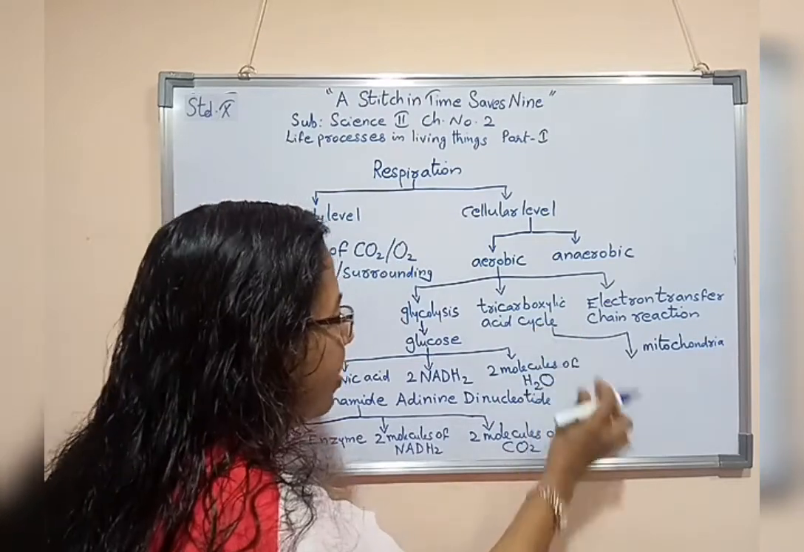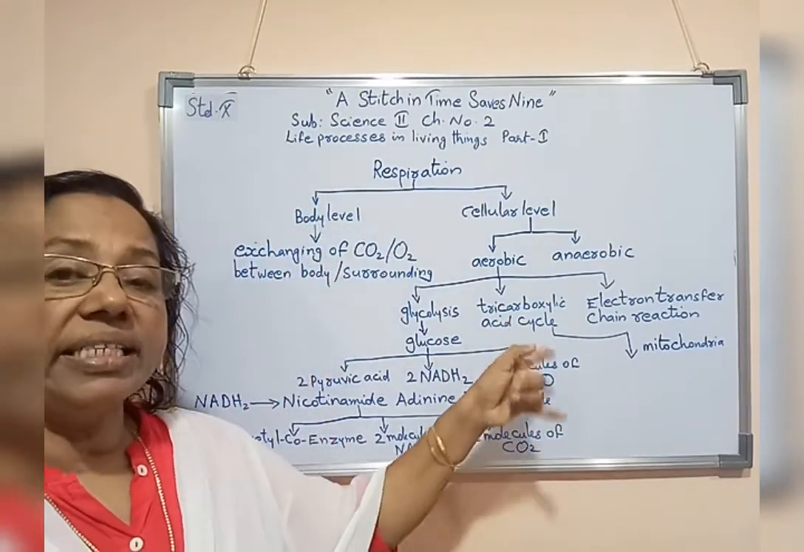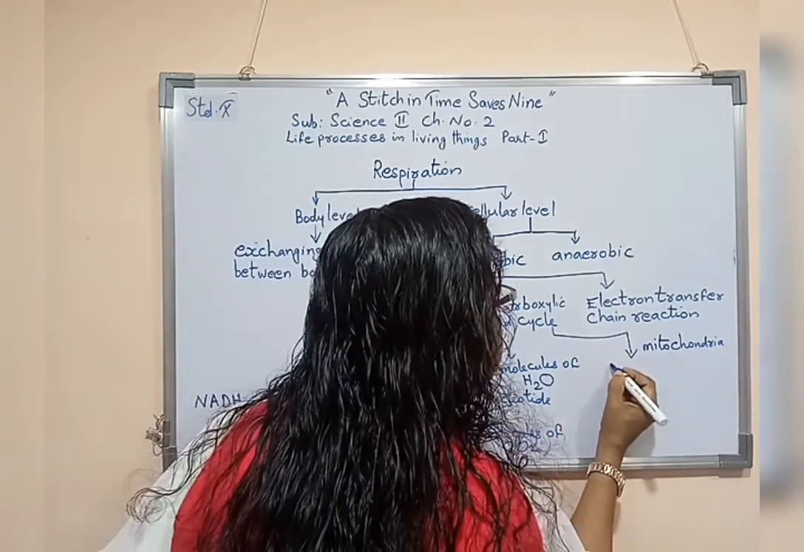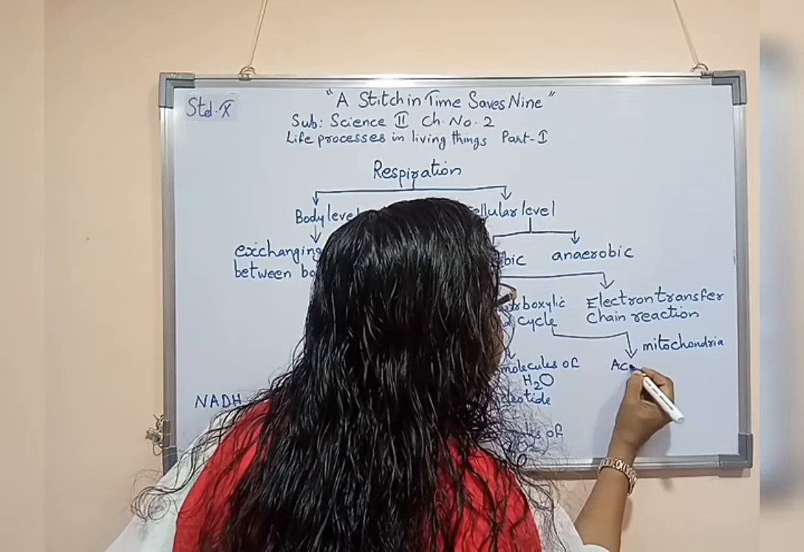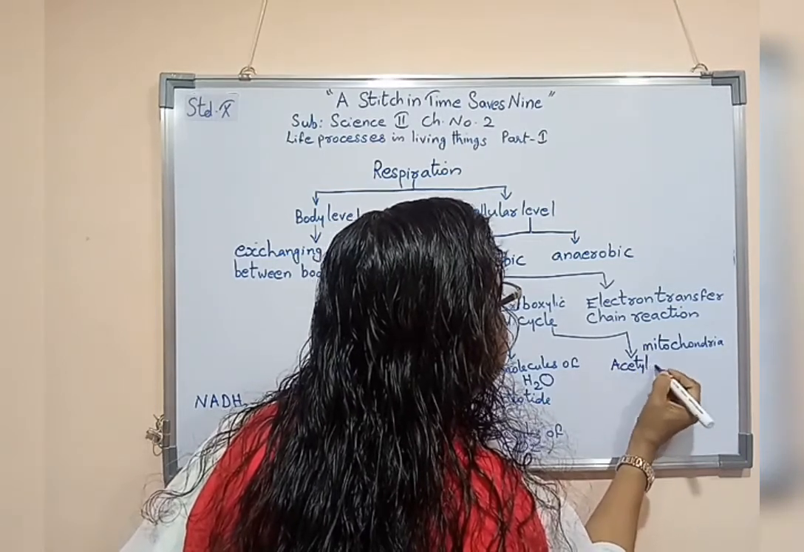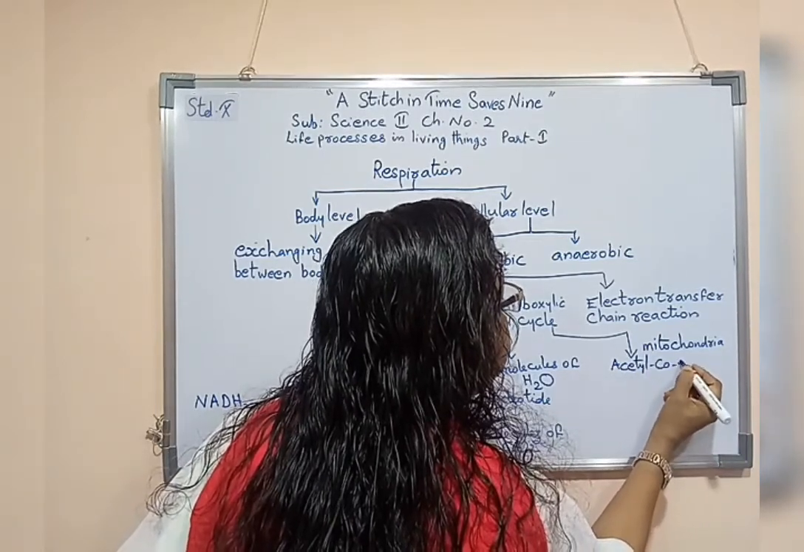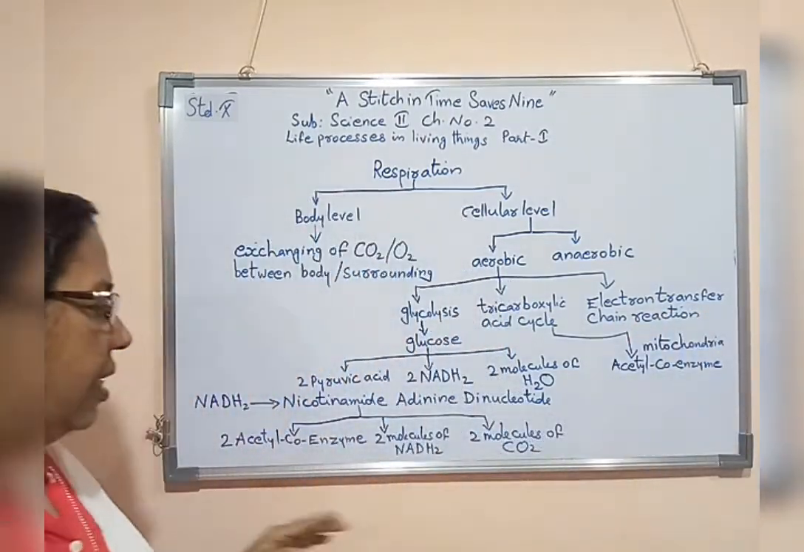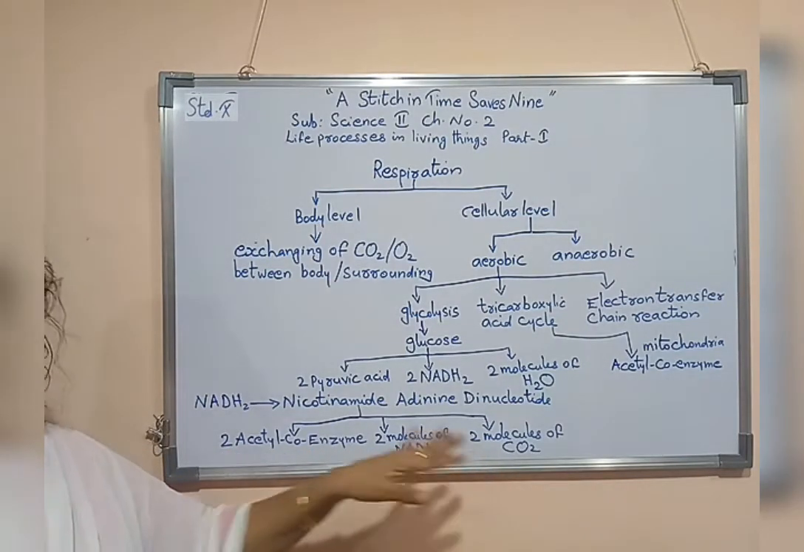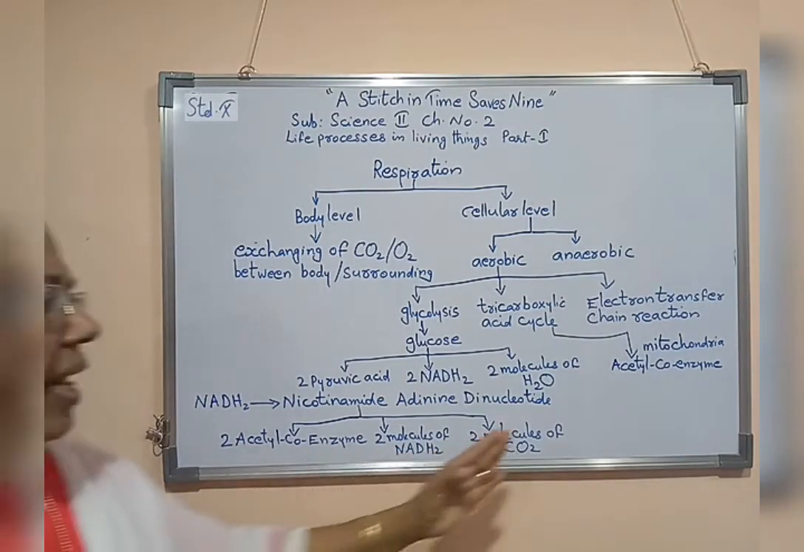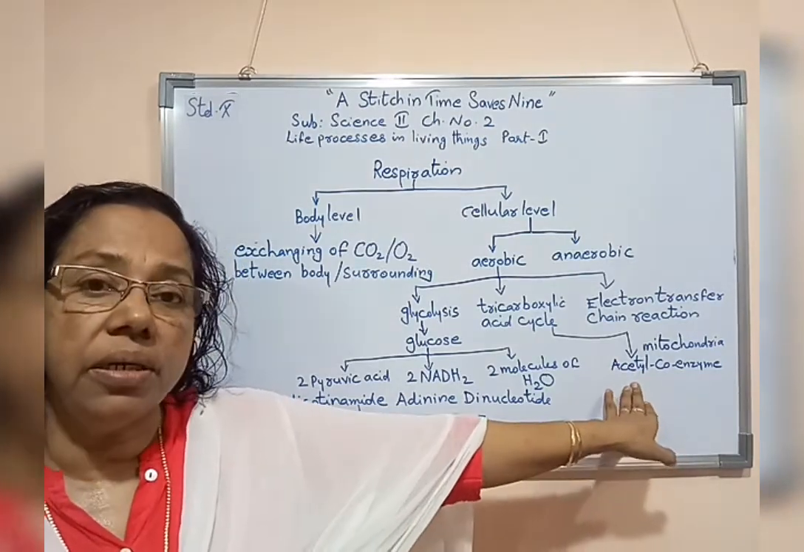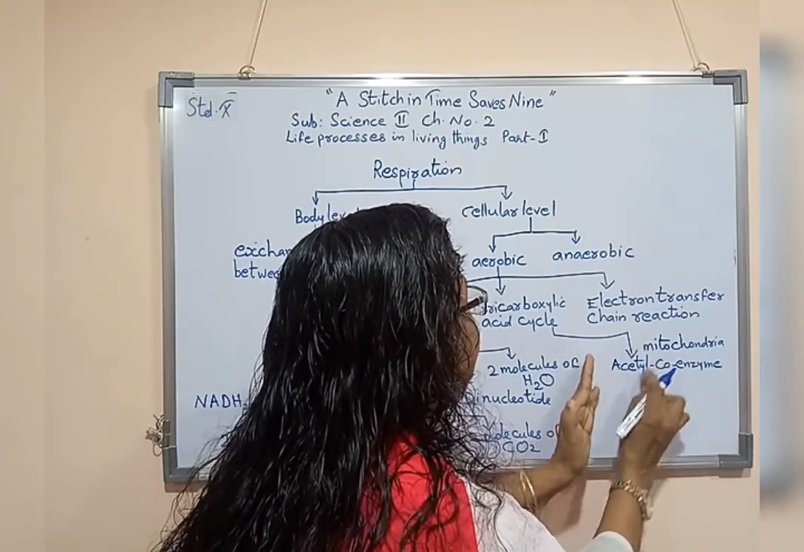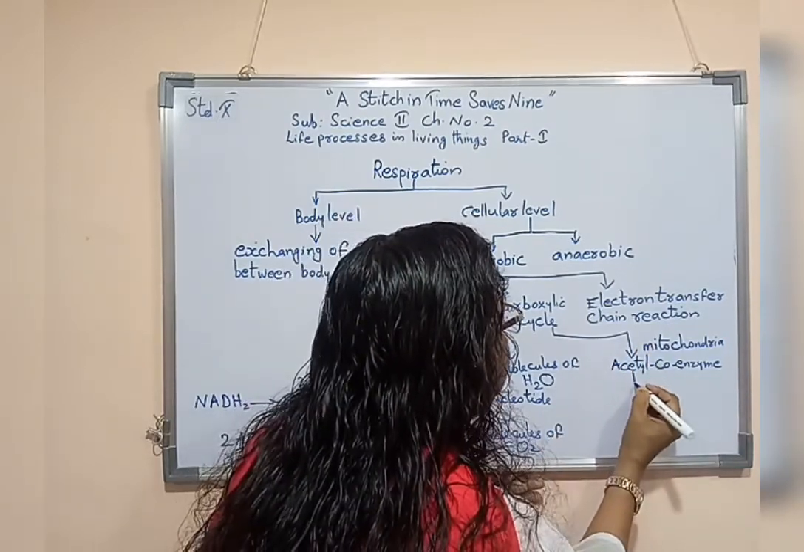Now, the tricarboxylic acid cycle has one more name, that is Krebs cycle. Here, different molecules are forming. Out of them, this acetyl coenzyme molecule will enter into the mitochondria. After that, this acetyl molecule will break into